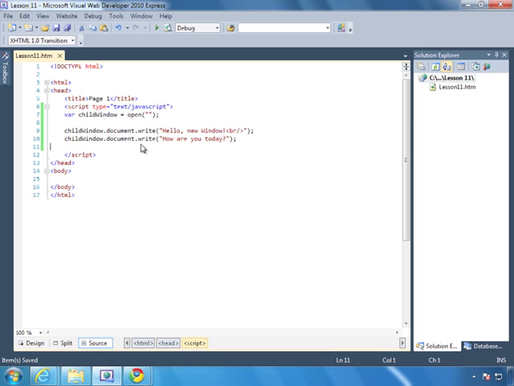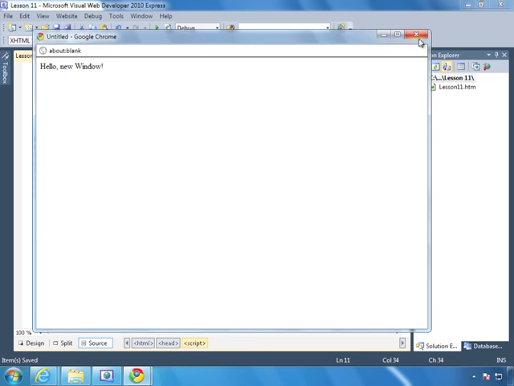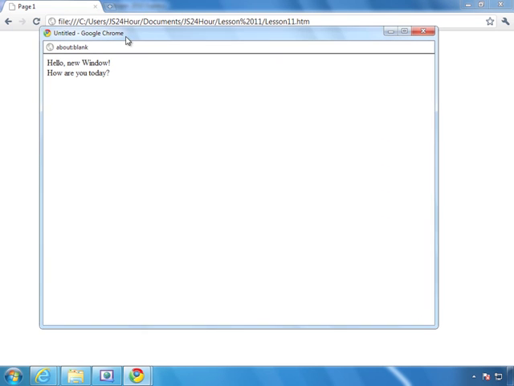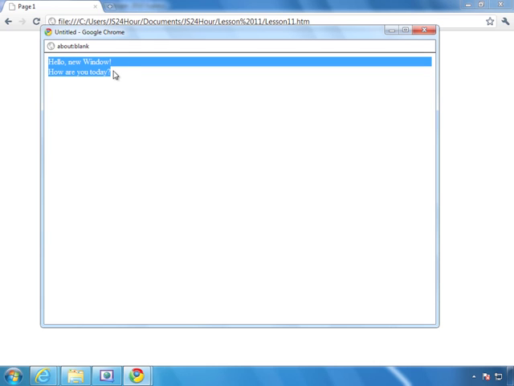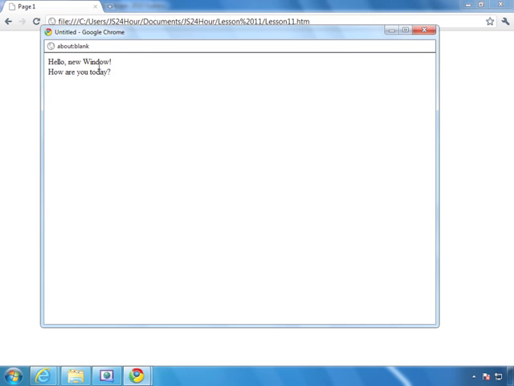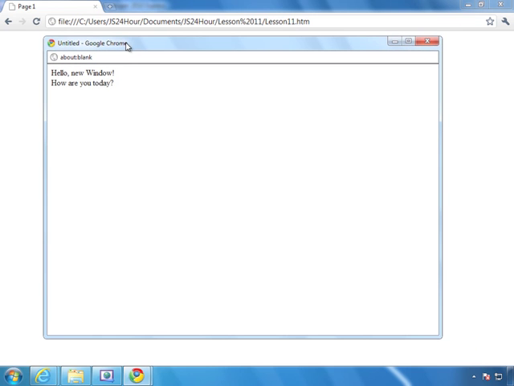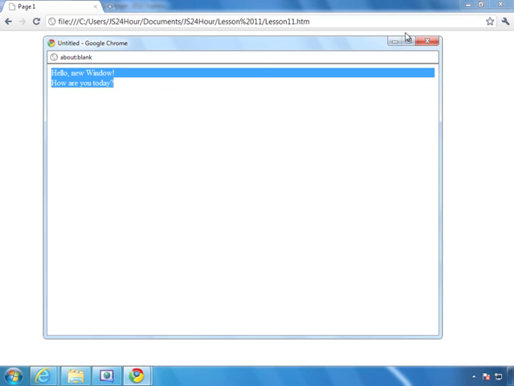Well, everything looks okay. Perhaps we need to do something specific for Chrome. If we do document.close, that'll close the document, and theoretically that should make this work. So let's go back to Chrome. Let's refresh. There we go. We just needed to close the document. And once we close a document, if we try to write again, we actually overwrite everything that we have here. So in Chrome, we've opened up this new window that has the data that we wrote to the window,